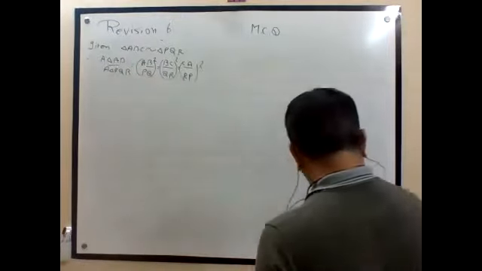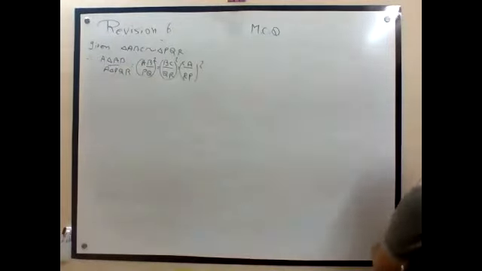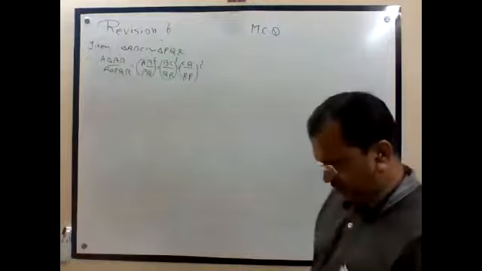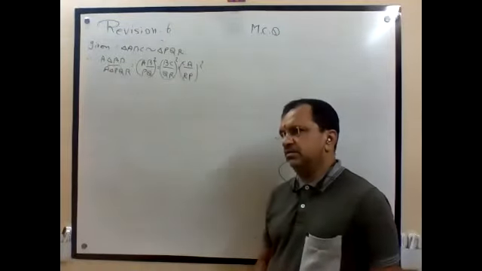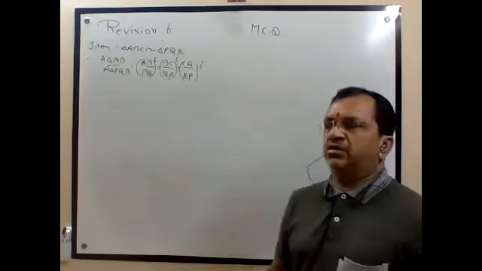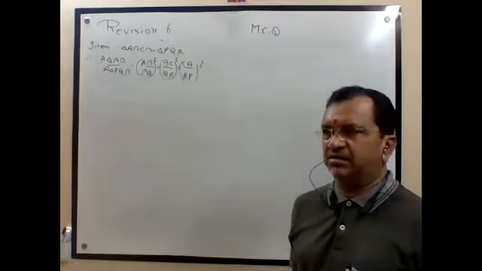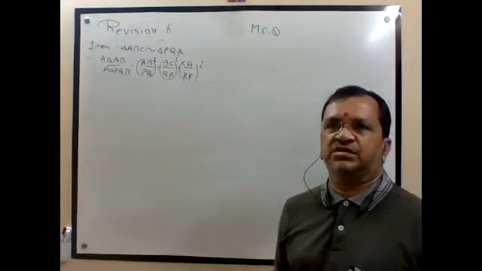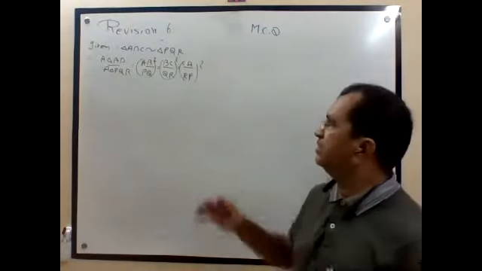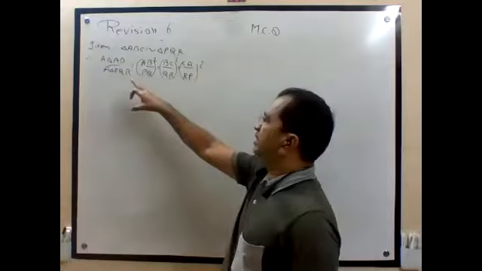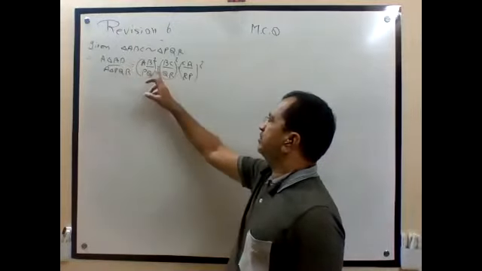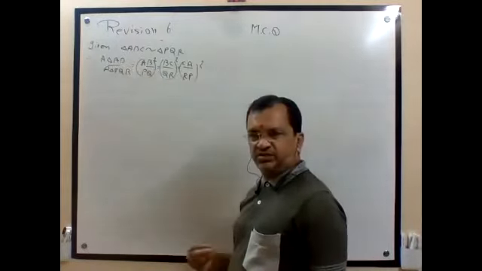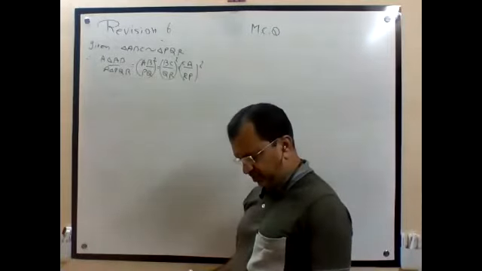This you have to prove, but they will not give this to prove. They will ask the statement: when two triangles are similar, find the ratio of their areas. So two triangles are similar, and area by area is equal to the square of the ratio of sides.